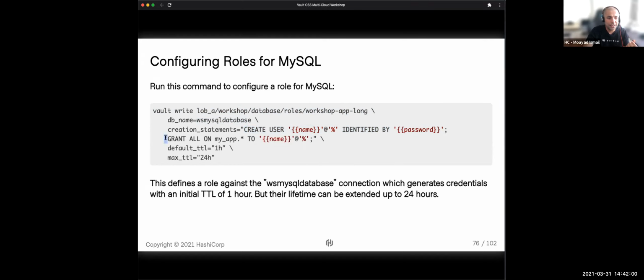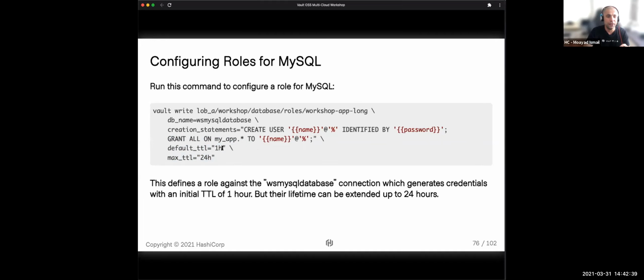And if you have a look, these are the permissions. Grant all on myapp.star. So this is saying grant all permissions only on this database and the tables within that database. What that means is if there are any other databases, this role will not give permission to access any database other than myapp. So this is something to note where you can now create an authorization model also. It's not just authentication, but you can authorize what users who use this role can access. And this is very important.